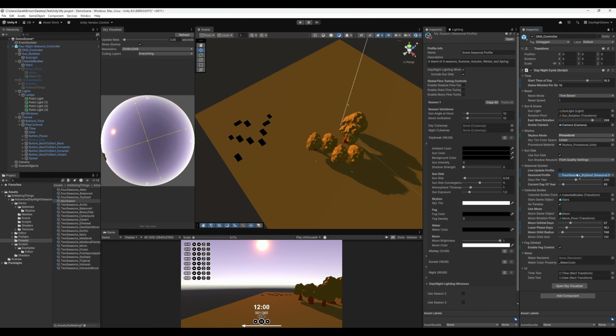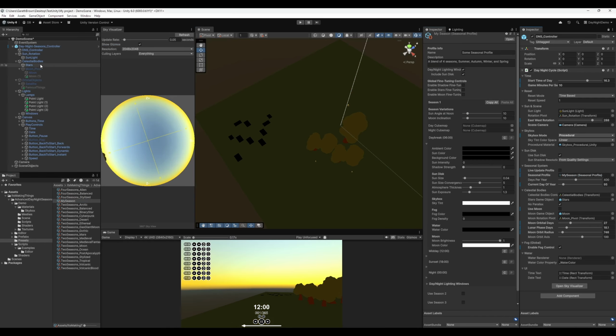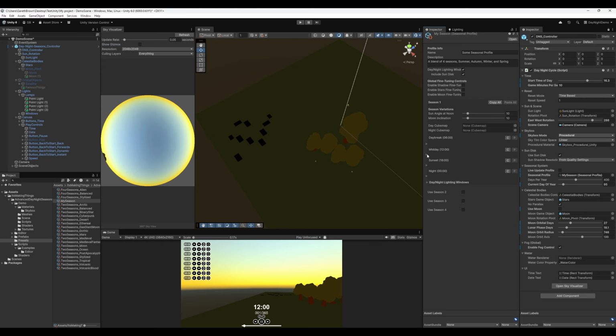I'm going to disable the orbital objects and the gizmos in the sky visualizer so I can see clearly what's happening. Start by collapsing all the foldouts. You will see there are global settings at the top, followed by sections for 4 seasons. Use the checkboxes next to season names to enable and disable them. Let's just start with Season 1 for now, which is always active.